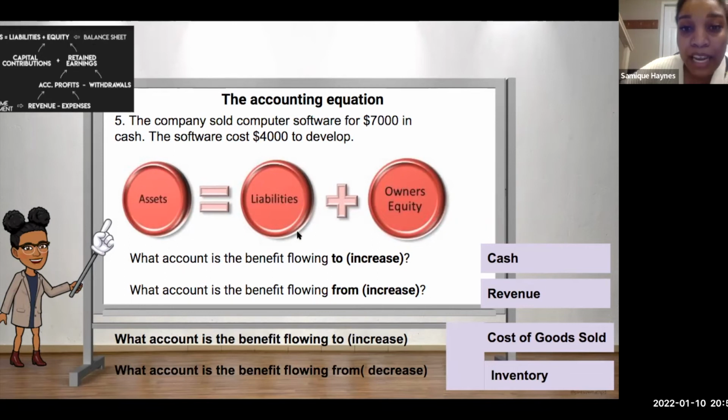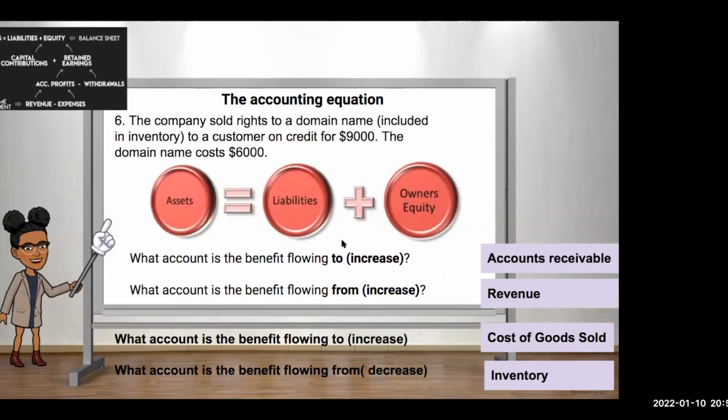So what happened here is that when you sell something, you have to consider that there was a cost that you paid to sell that good. It's called cost of goods sold. The cost that you paid to sell your goods for $7,000 was the $4,000. That's the cost of the goods that you sold, $4,000. And that is the expense. Okay, makes sense. Thank you. You're welcome.